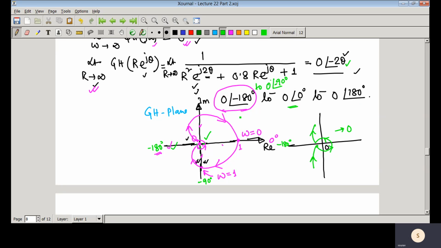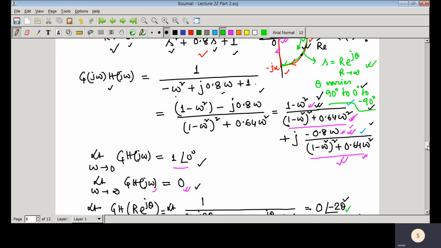That means how that phase is changing. Phase is changing 0 angle minus 180 degree, to 0 angle minus 90, then 0 angle 0 degree. So like this. So this axis is the 0 degree axis, this is minus 180 degree, this is the minus 90 degree axis, and this is the 90 degree axis. So that means there would be a rotation at 0, tending to 0. They are very close, so should not be confused. They are very close, that means close to that 0. So this is that Nyquist plot.